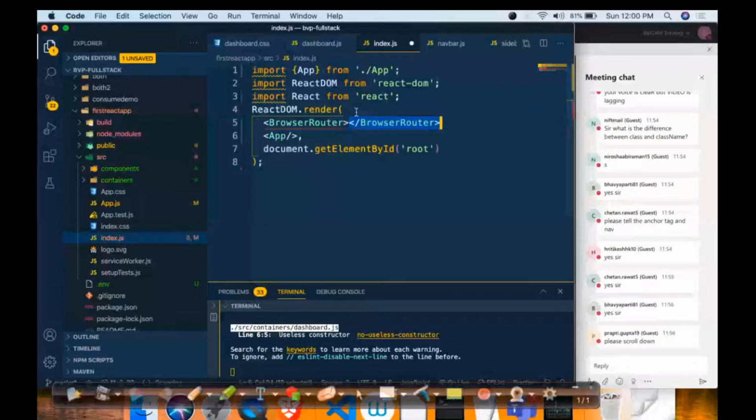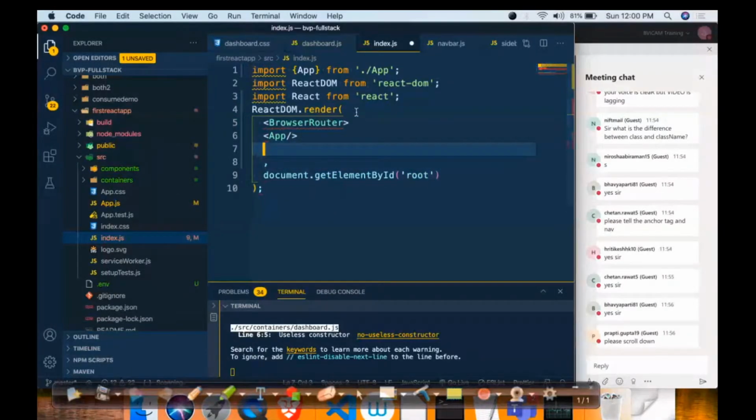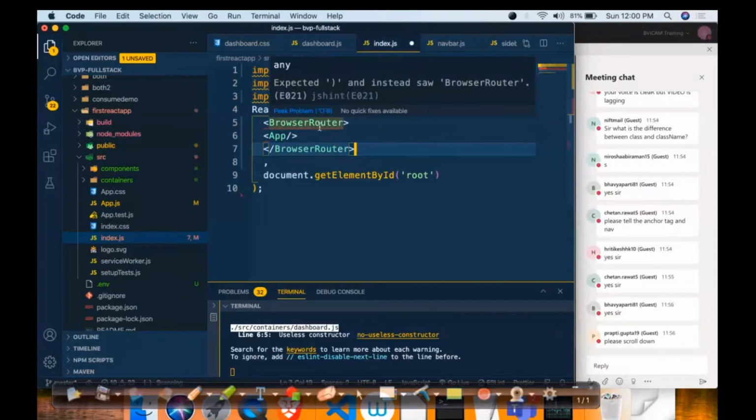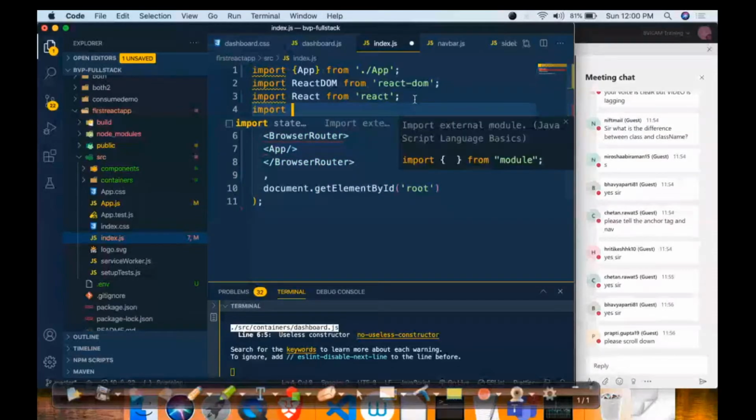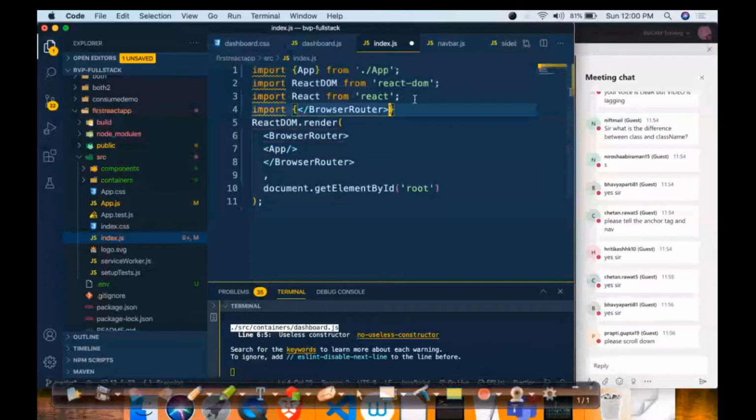And from here, I just cut down this thing and I paste it here. Makes sense? So we have something called browser router. I hope everyone understands. So browser router says now your application can use the routing, otherwise you cannot. That's why the error is coming. So from here, I just use browser router